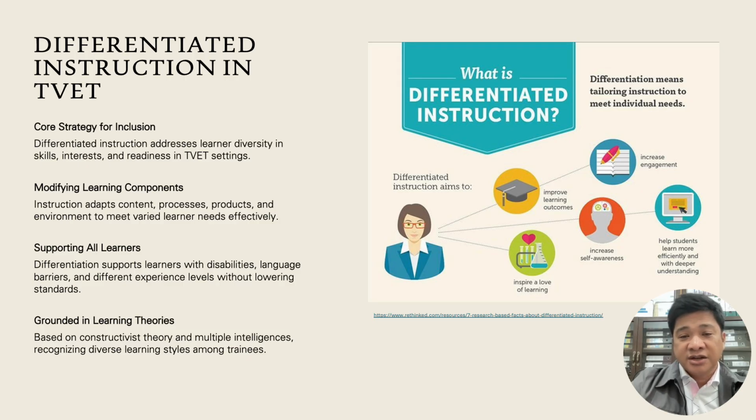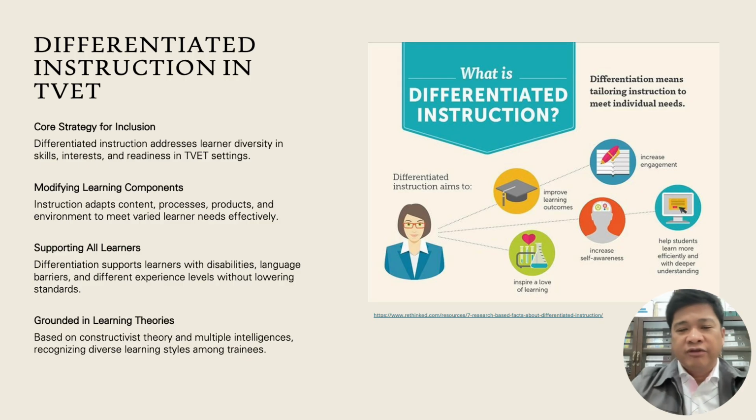The strategy is grounded in constructivist theory and Gardner's multiple intelligences, which emphasize that learners do not learn in identical ways. Research shows that differentiated instruction increases engagement and reduces frustration among learners with differing abilities, particularly in skills based